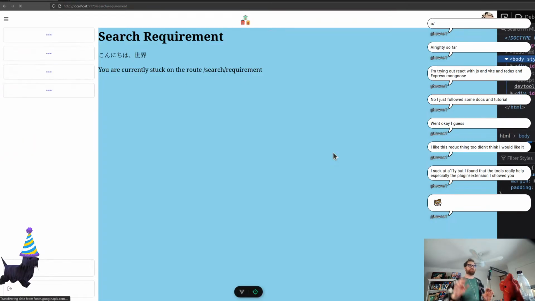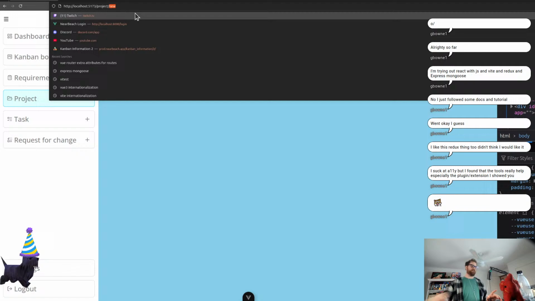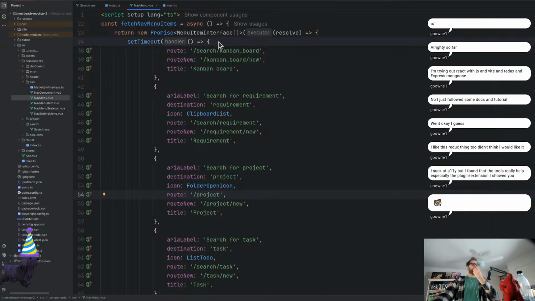Let's play around. Let's just reload things. Let's see if we click on that. Search all objects. All right, cool. And then when we click, boom, new object. And then if we do an ID1, we don't actually have anything there yet. We haven't actually programmed for that one particular case yet because we haven't actually designed anything outside the nav bar. But I like that a lot better. So yes, that means if someone clicks on this, boom. And then